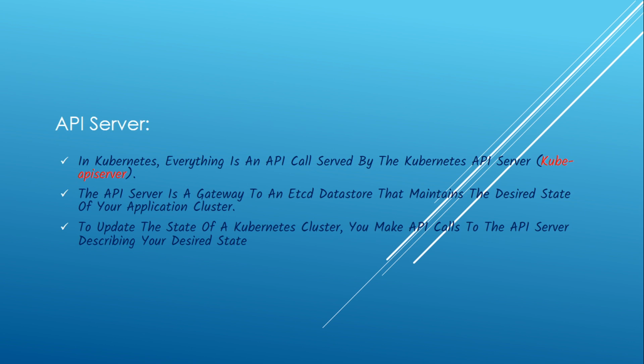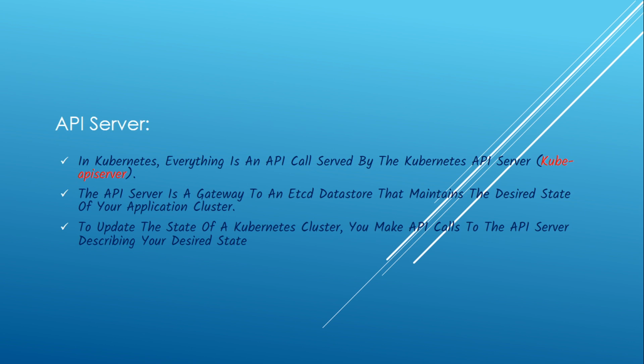The API server is a gateway to the etcd data store. The only component that interacts with etcd in the master machine is the API server. It can speak only with etcd, not the controller or scheduler.